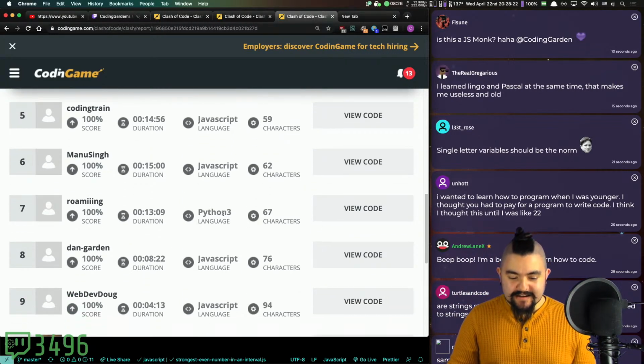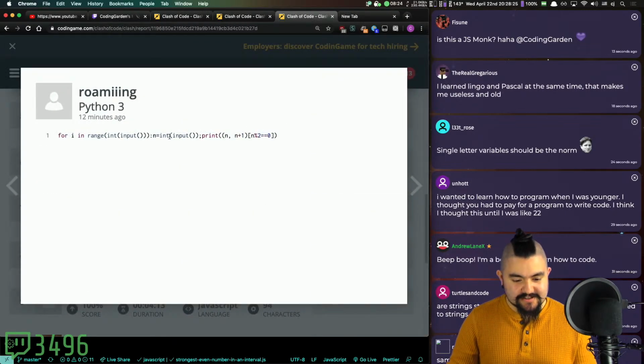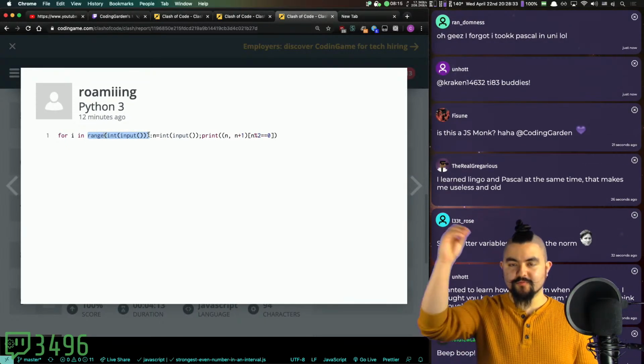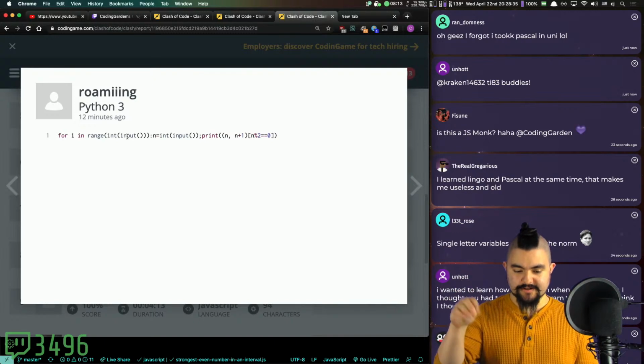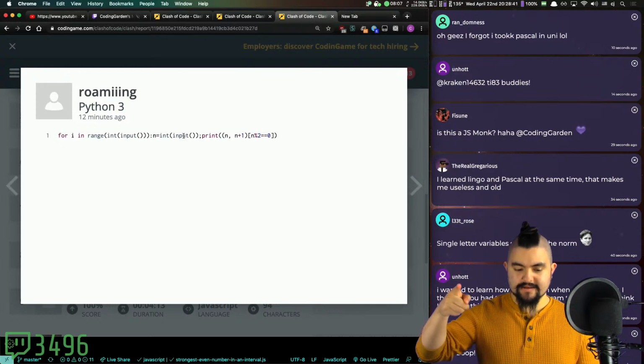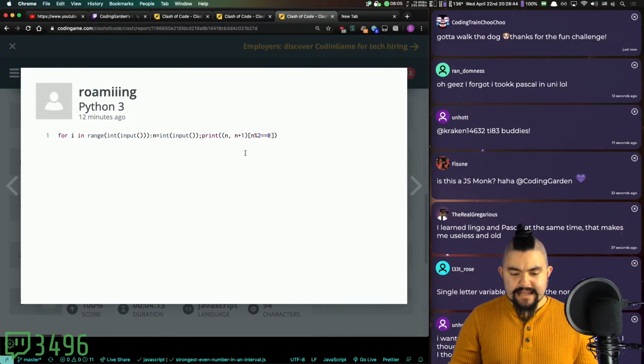Let's see how roaming did it in Python in 67 characters. Looks similar to what David did. So we have the range, which is the first read line. So input is their read line function. Read in the range, go from I up to that. In equals the next one read in. So we read the next one. And then